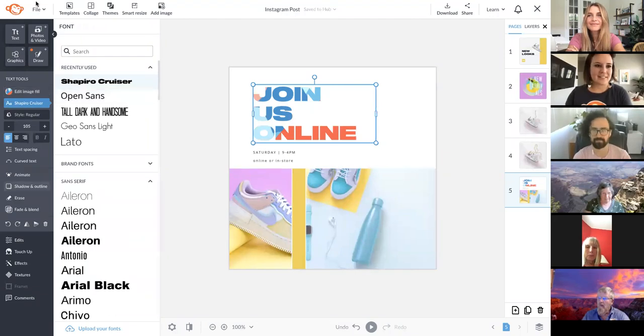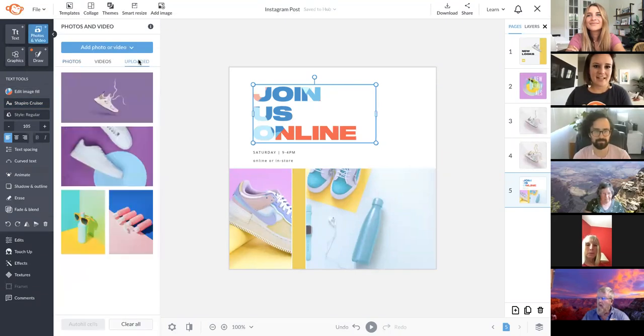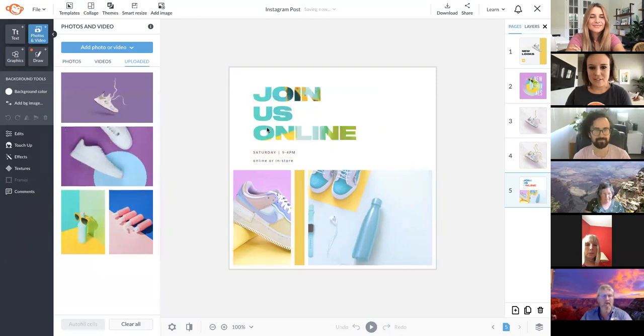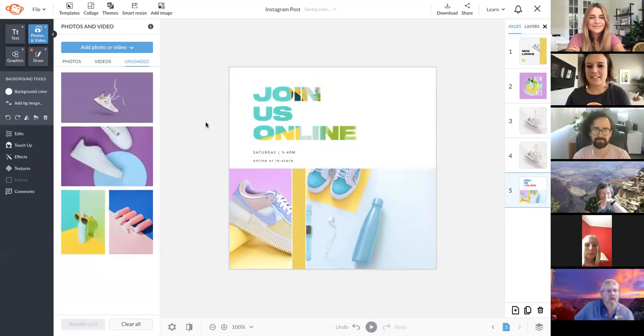All right. That is image fill and collage cells. And I'm gonna leave that there for now. I'm gonna add another page,